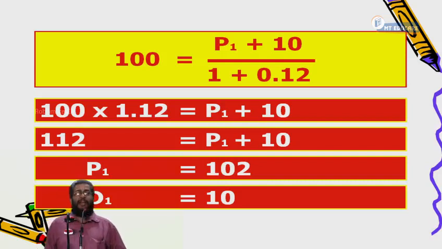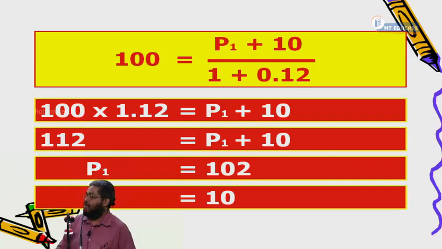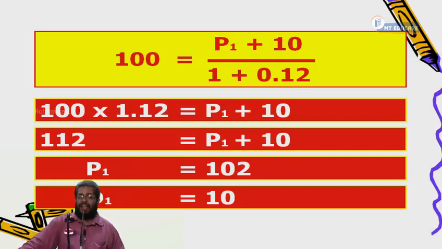That is, if 10 rupees dividend is expected to be declared, the share price cannot be 112 because it is cum dividend. Yes or no? It should be only how much rupees here? 102. Because 10 rupees dividend goes out of the company. Respond yes or no? Now, another example is, you are buying a share today. You expect that the share will give you how much dividend? 10 rupees dividend. You want a 12% return. That means the share price should be trading at 102 after 1 year when the dividend is declared. Respond yes or no?